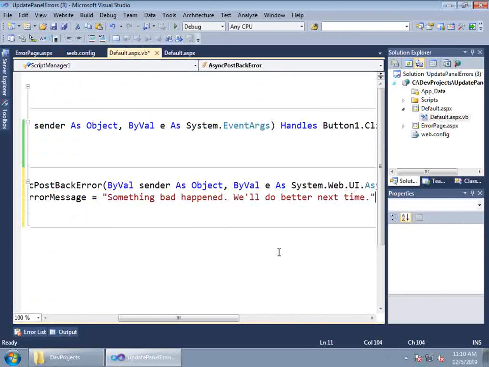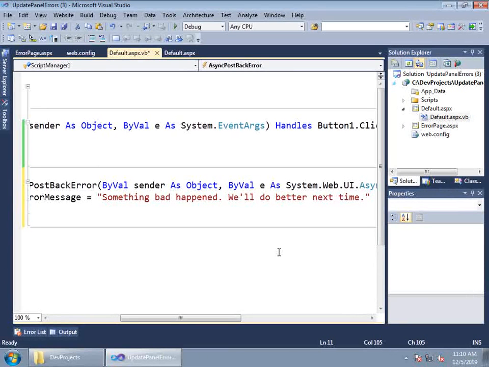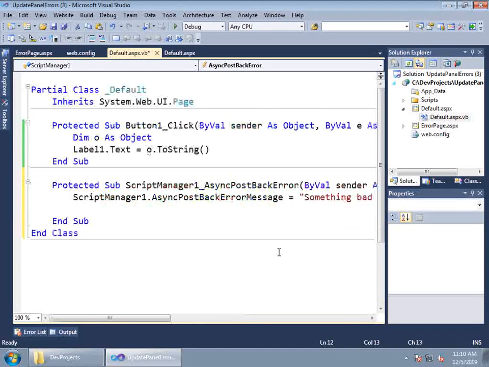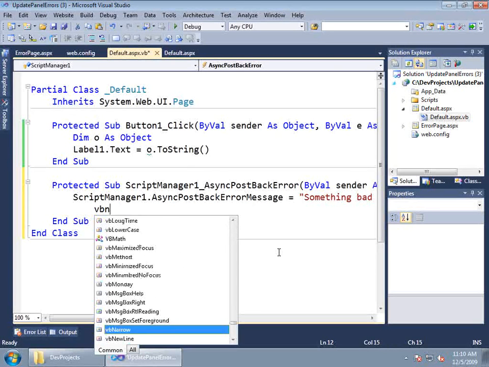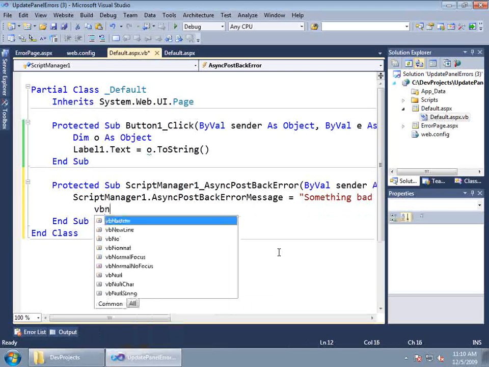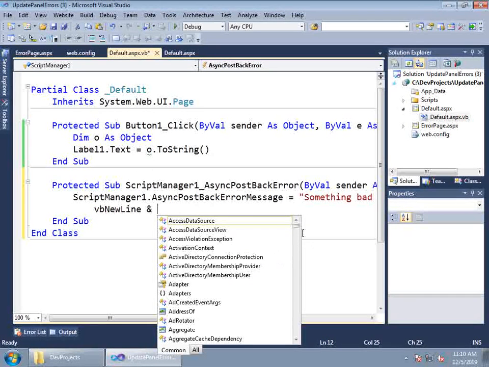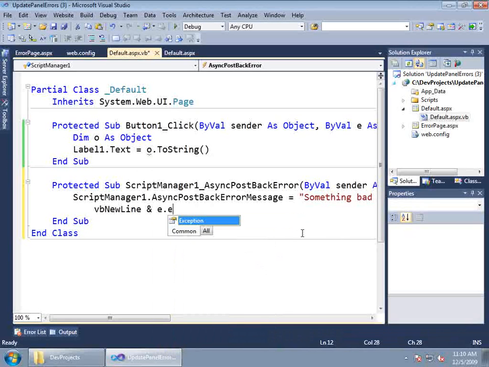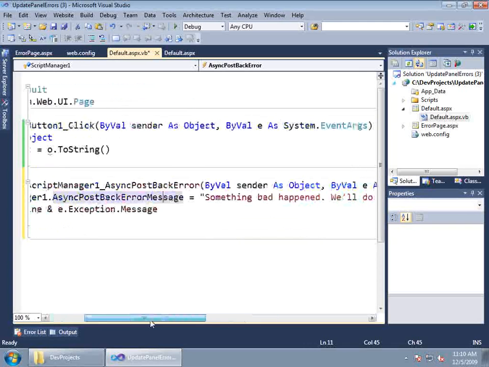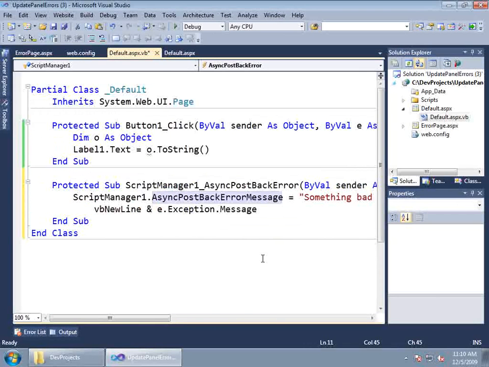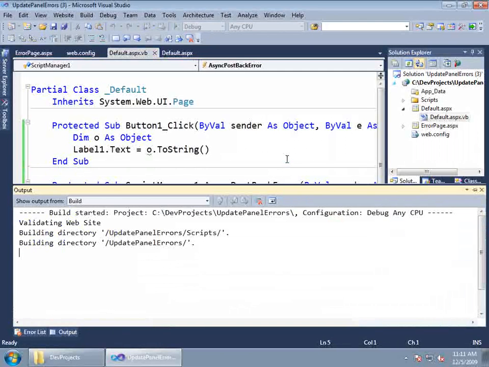Now if I also wanted to show, say, the message coming from the actual error, we could do that. So I could say here, like say VB new line, and now to get the error, we can actually use the event args. So we'll say here e.exception.message. Okay, so we'll say something bad happened. We'll add a new line character, and then we'll go ahead and show the exception. All right, now if I was good to go to run this now, again, run without debugging,